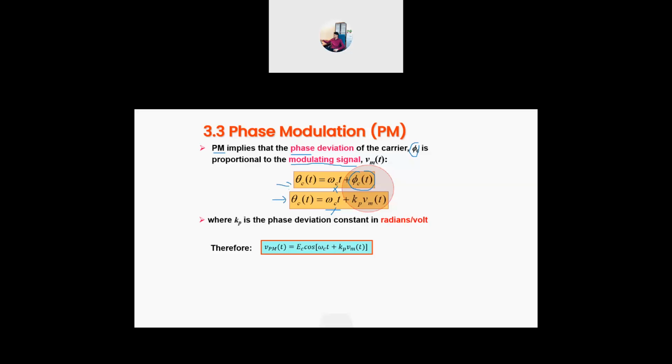Even though this is constant, changing the phase will also change the angle, because angle consists of frequency and phase. So if you change the phase, even although the frequency is fixed, in the end the angle will still change. Then this phi c is proportional to the modulating signal. So you have phi c proportional to your VM, VMT. I don't write the T, but it is there. And when it is proportional, we can